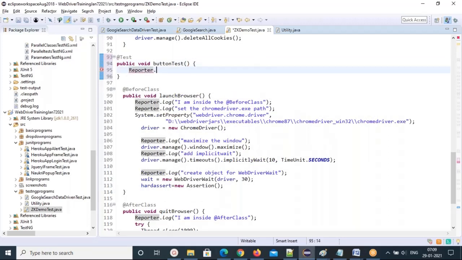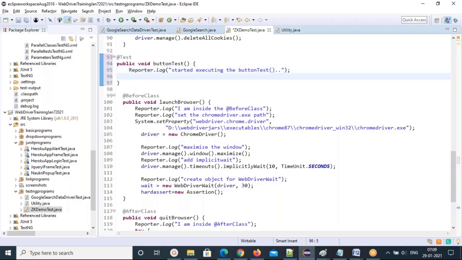Reporter.log: here I am started executing the button test.